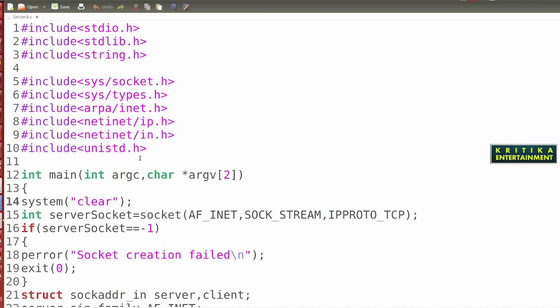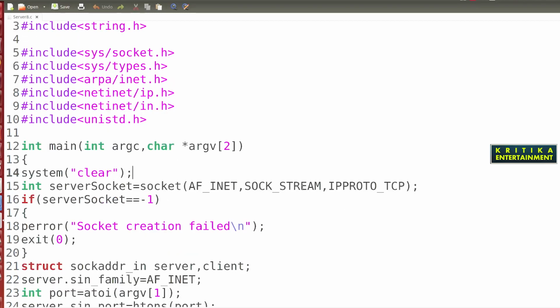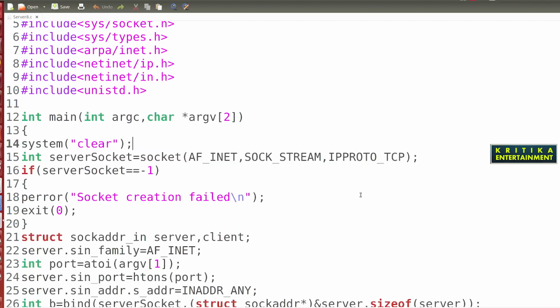So why is this happening? See, arpa/inet.h, netinet/in.h, netinet/ip.h, sys/types.h, sys/socket.h. I'll check this: IPPROTO, SOCK_STREAM, AF_INET, IPPROTO_TCP.